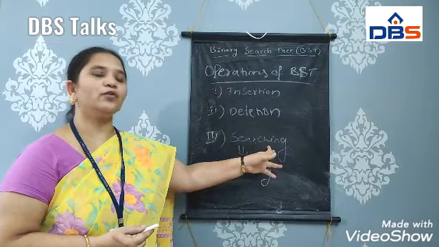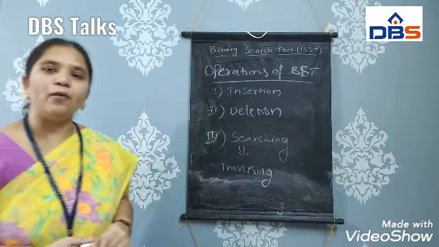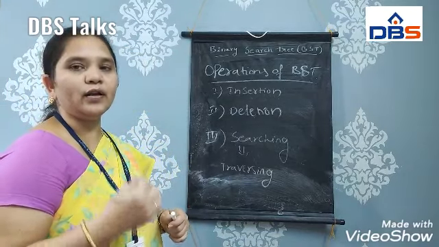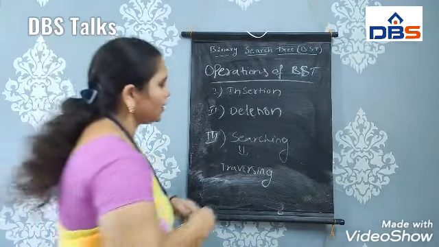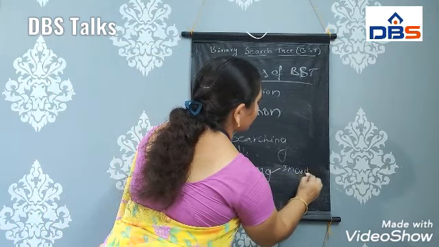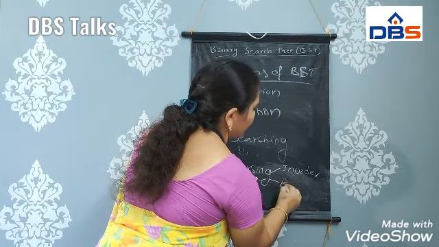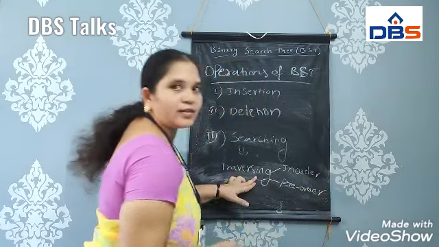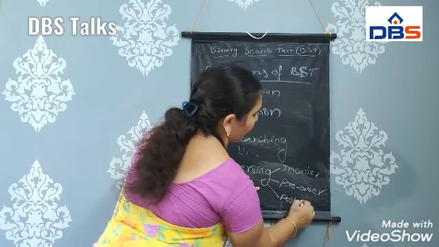So we want to perform the searching, and the searching can be performed by using traversing. The traversing can be performed in different ways. So what are the familiar ones we use regularly to perform the traversing? These are the three types. One is in-order traversing, second is pre-order traversing, and third one is post-order traversing.